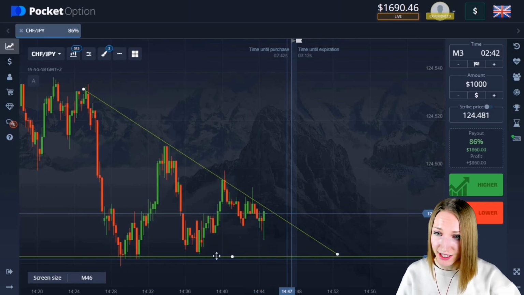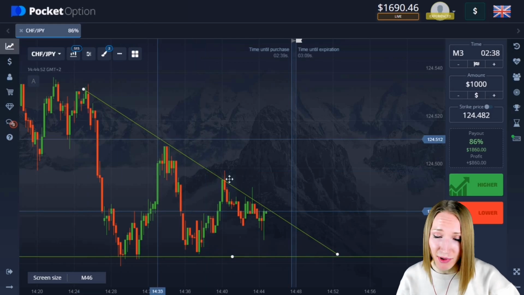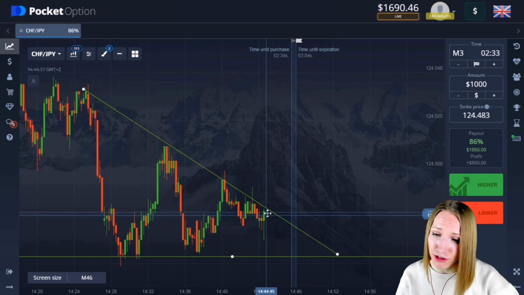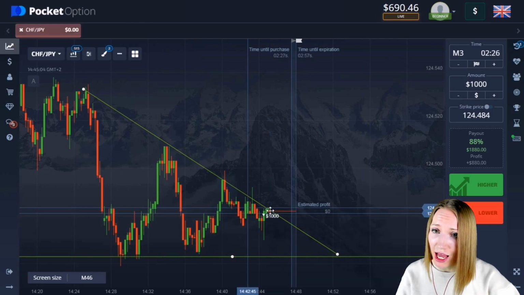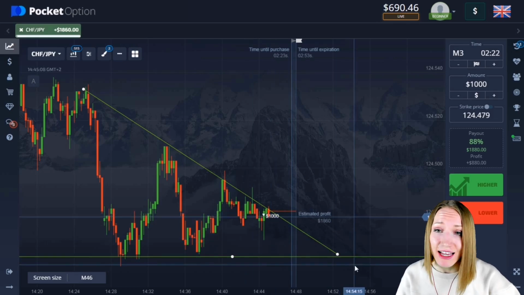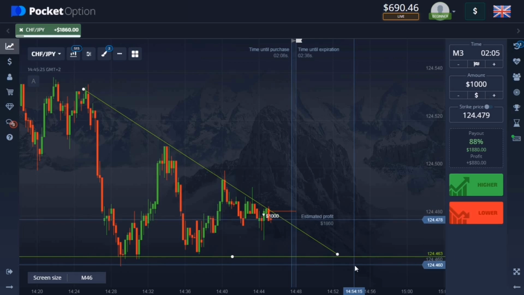Well, here you can see the support level, and also you can notice the downward movement and the price maximum is getting lower. So right now the price is at the line of a downtrend. So in this situation it's better to open a trade for 3 minutes with down because I expect the price moving down to the support level, and also this situation resembles me the figure of technical analysis ascending triangle, and it is quite possible that the price will continue moving down. So guys, let's check it.